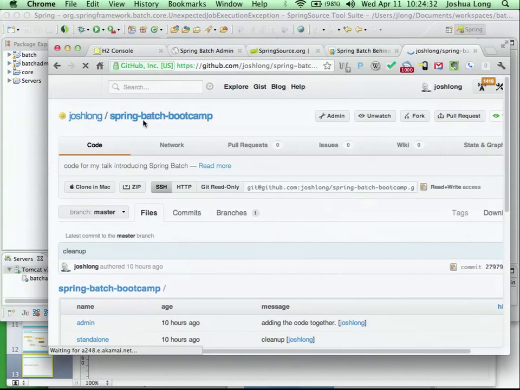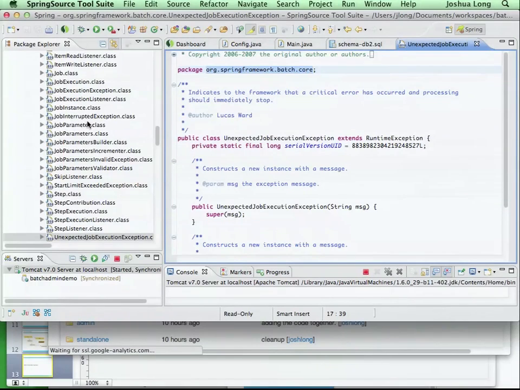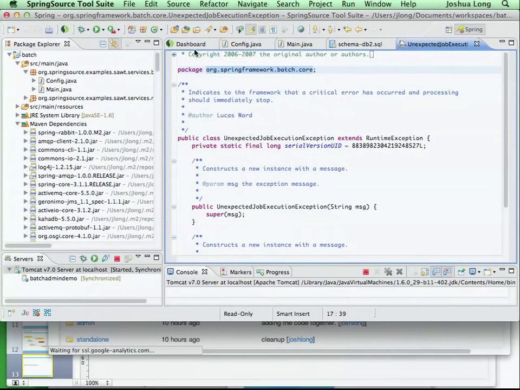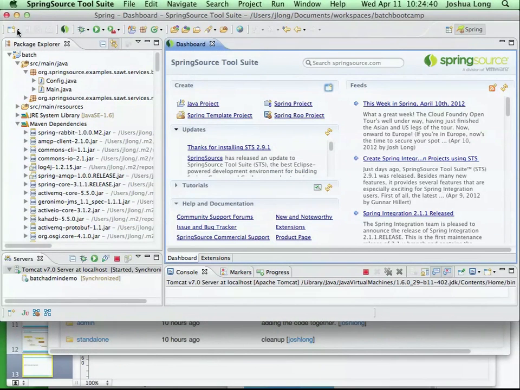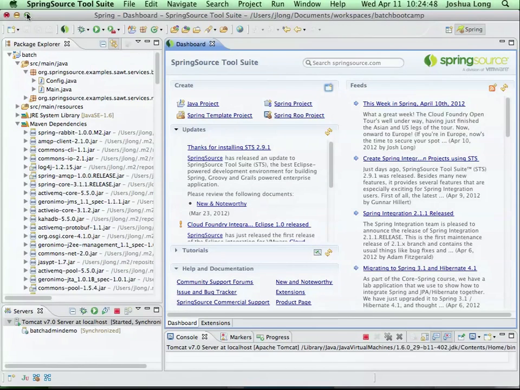So grab this code if you're interested. Simple Maven project. By the way, I'm using the SpringSource tool suite. How many of you are rocking Eclipse? Eclipse developers? Okay. This is the SpringSource tool suite. It's a freely downloadable distribution of Eclipse from SpringSource. It's got integrations for Spring and Spring Batch and Spring Integration and so on.